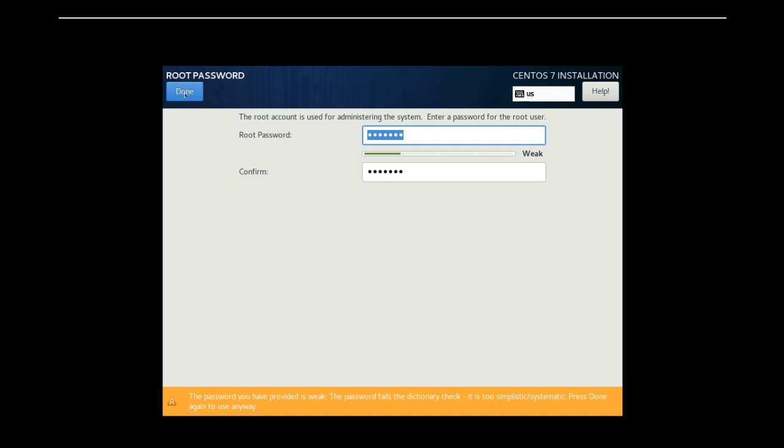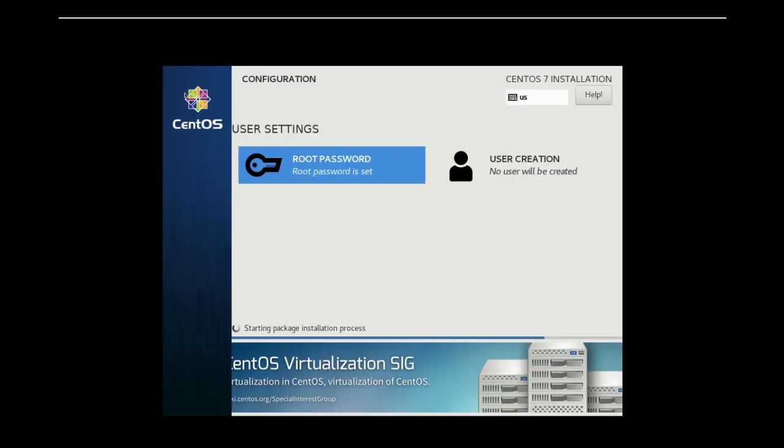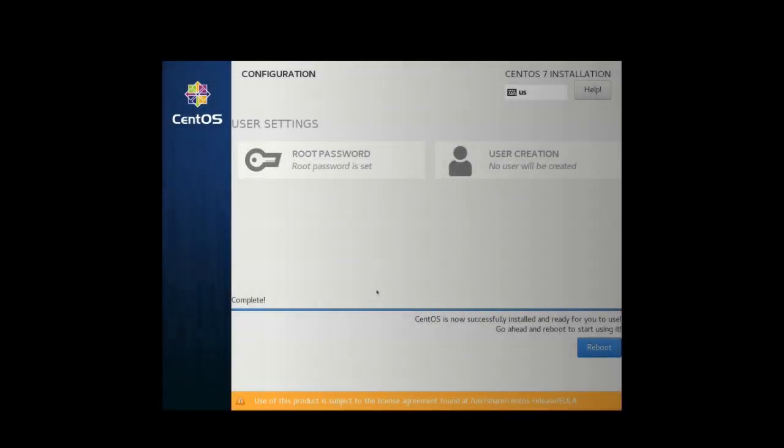Here you can see that it shows a weak password. If you want to use it anyway, click twice on the done button, or else choose a high security password. As you can see, it has successfully installed and is asking for a reboot. Let's go ahead and click on the reboot button.